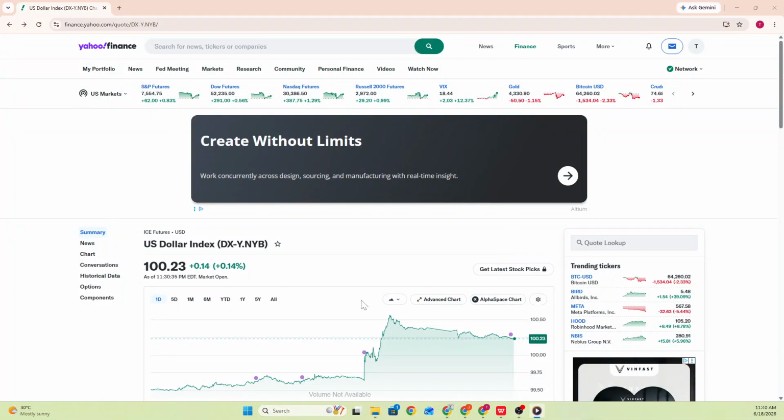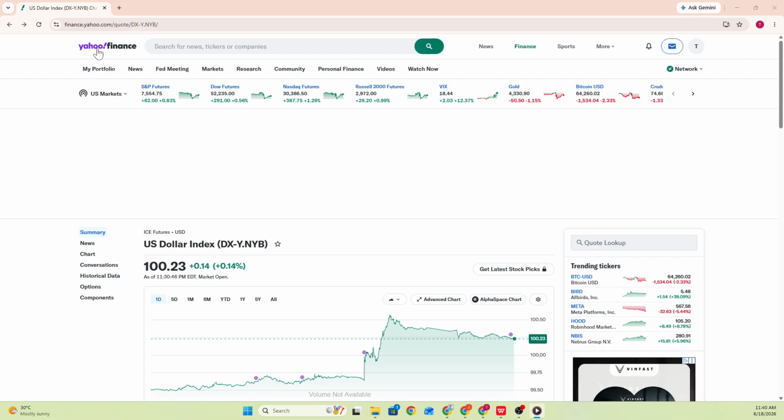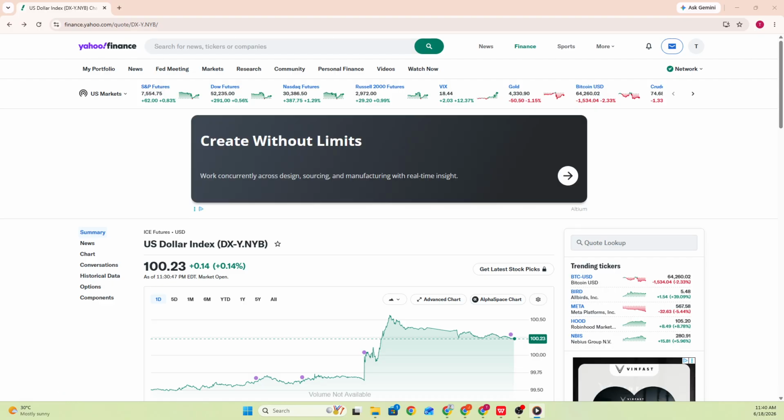In today's video, I will walk you through how to view the ETF market on Yahoo Finance. To get started, open Yahoo Finance on your device. Once you're on the main screen, go to the bottom right corner and tap on Markets, which is represented by